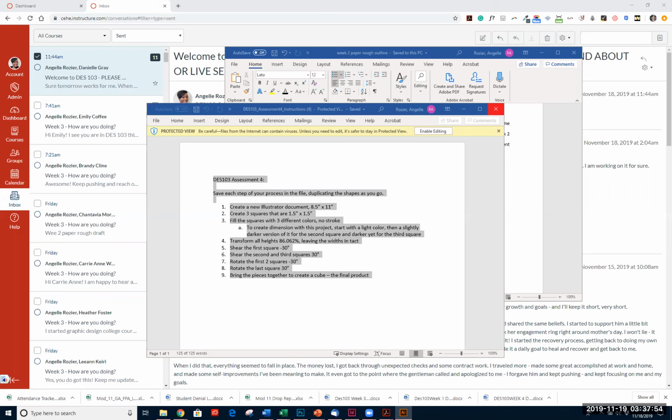And the things we're going to be grading you on for this assessment, if you look at the rubric, is that you follow the instructions, that the assignment requires file name and file type submission, so make sure it's an Illustrator file. And I'm going to be checking your craftsmanship. So I want to check that you have the final cube, okay? Whether you do it like this or whether you just do one copy of it,